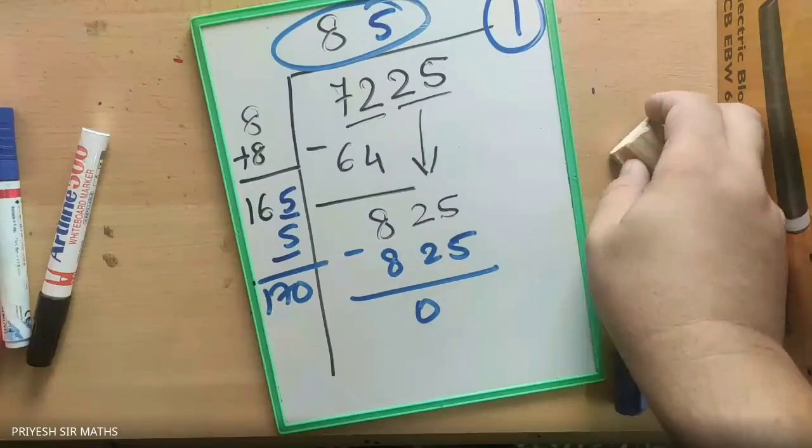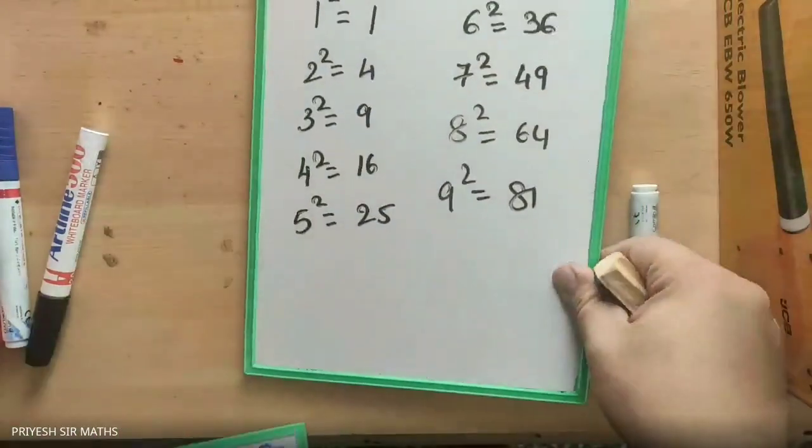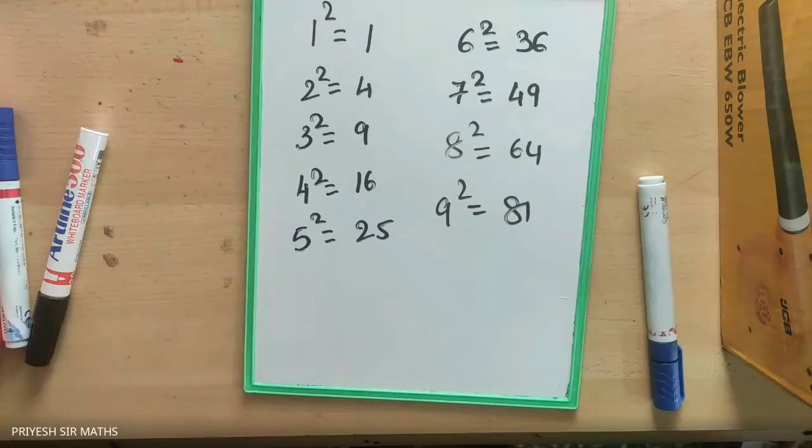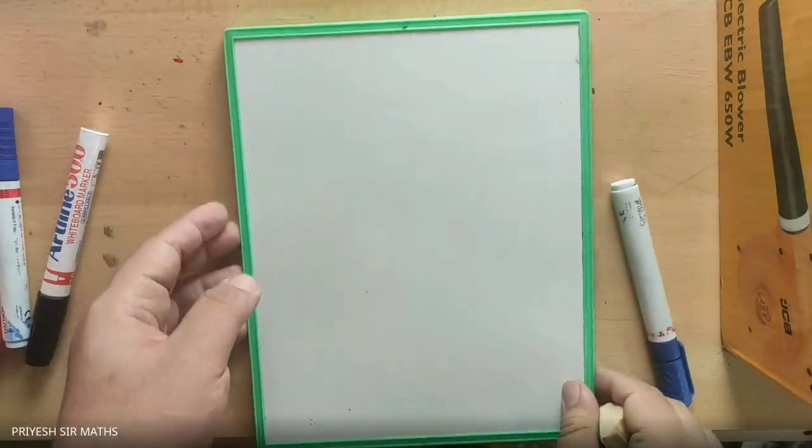Those who are left over writing, please write it down. Also, you need to note down these things because this is also very important. In the starting only, when there is a long division method, please write it down somewhere, so that you don't have any problem in remembering, because this is useful to find the first step for the long division method. Let us start with the second example.